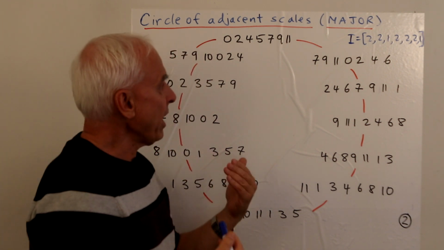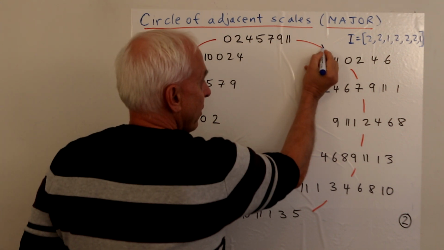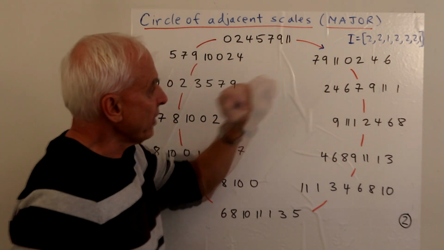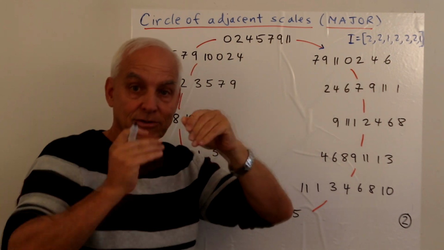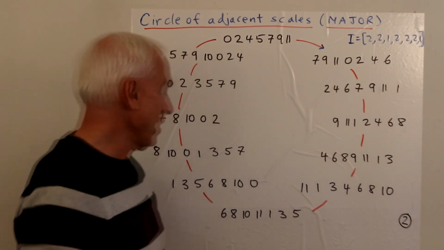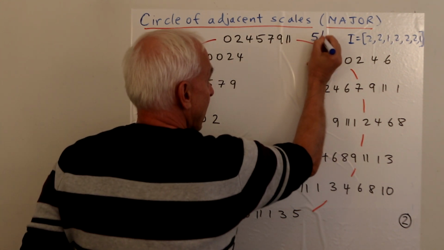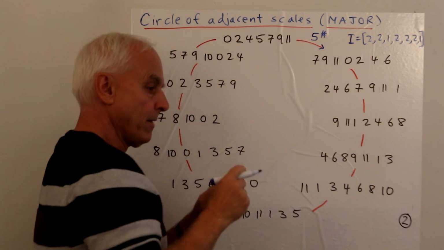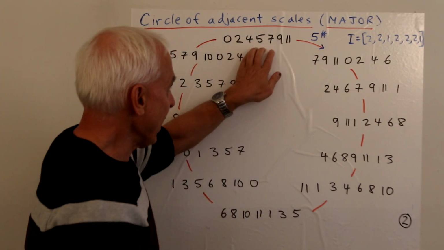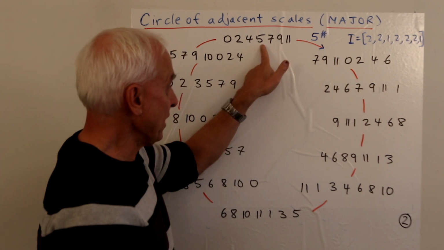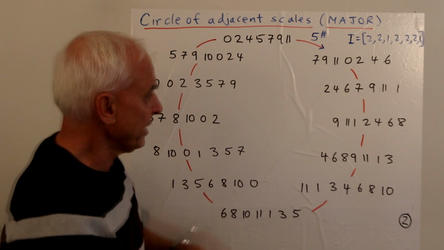So we could describe the transition going from here to here, maybe make an arrow here, okay? And going from here to here involves changing that 5 to a 6. So bumping up, okay? We're going to denote that here by putting 5 and a little sharp sign. Sharp meaning go up one step. So to go from this scale to this scale, we're raising the 5th to get the 6th. And then similarly, we can carry on.